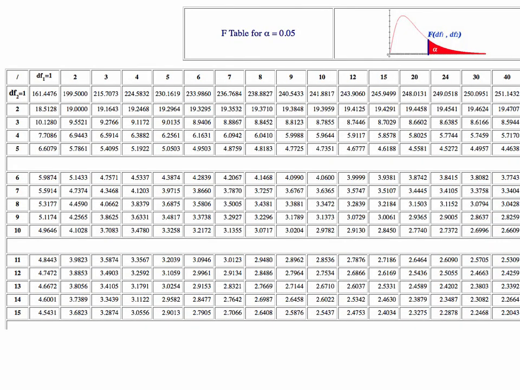I found this on the internet and I will share the link to this with you. So let's start by putting our information down below here. We have degrees of freedom equal to 2 and 9, and we have an F value equal to